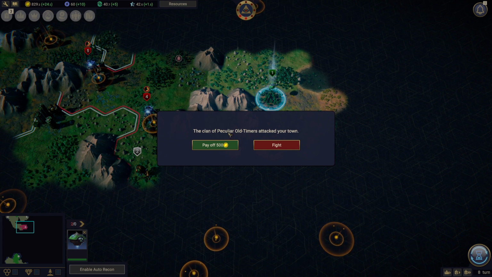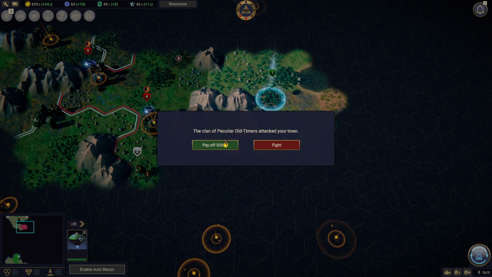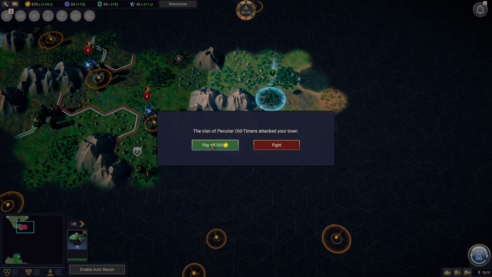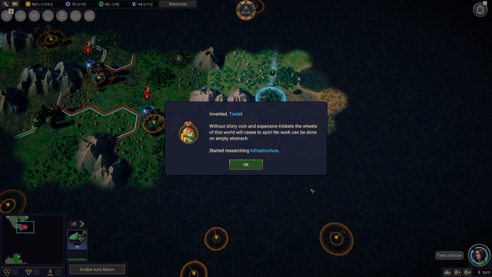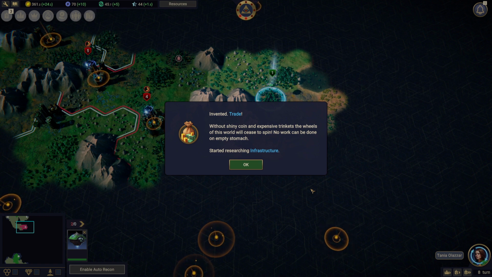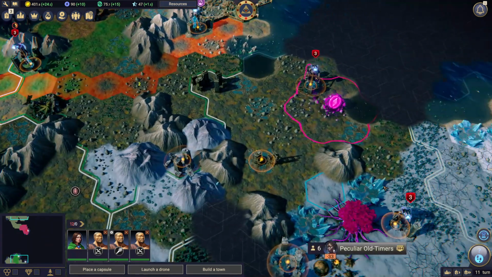The clan of peculiar old-timers have attacked our town. We can pay them off with 500 gold or fight them. I'm going to pay them off because we don't actually have any troops in that area to defend against them at the moment. So here in Too Cool for School, which just came under attack in the last few moments